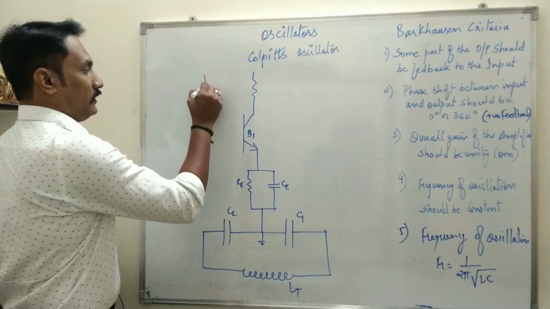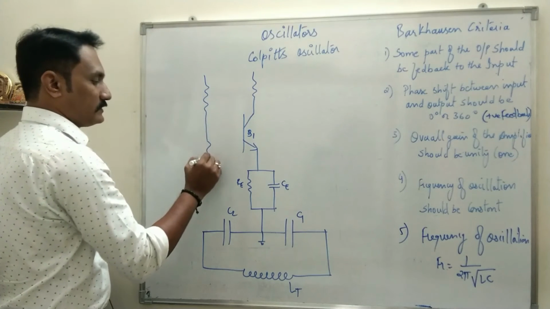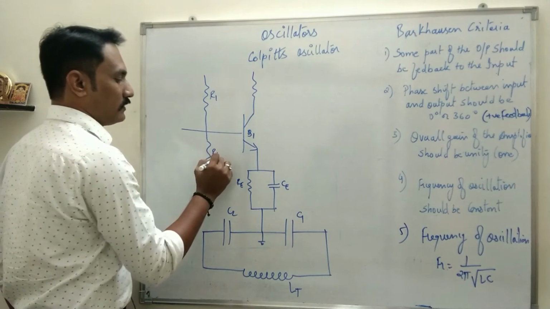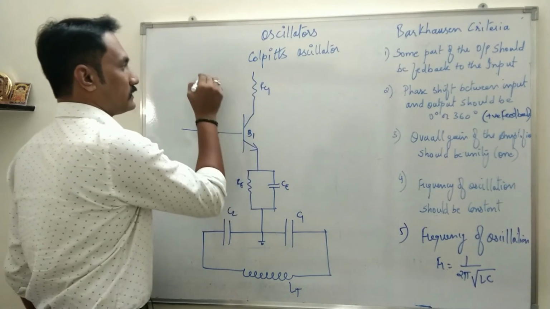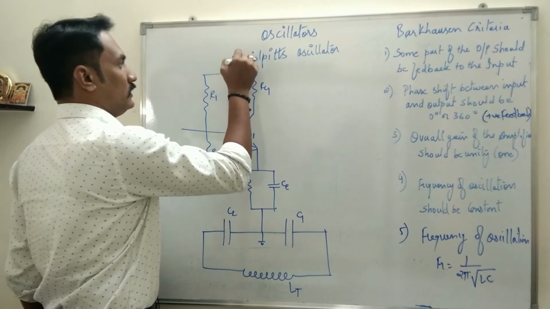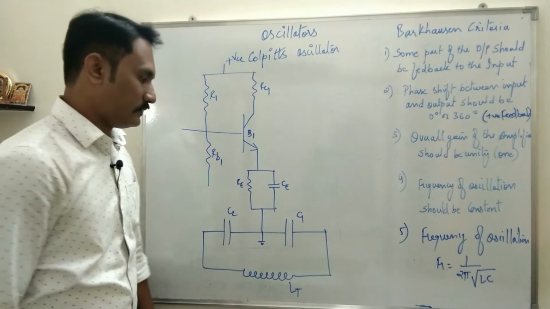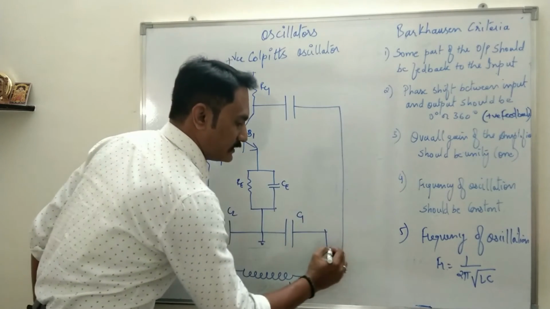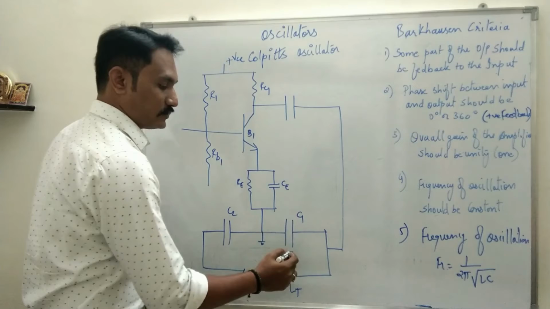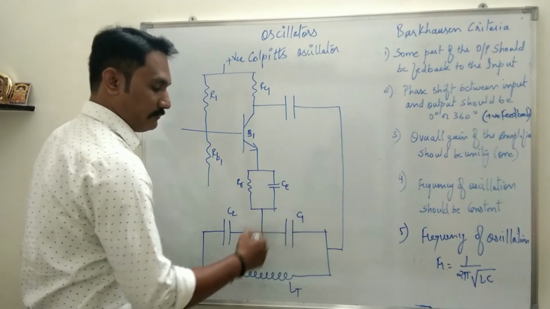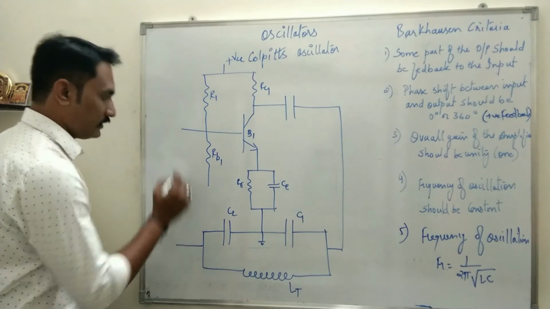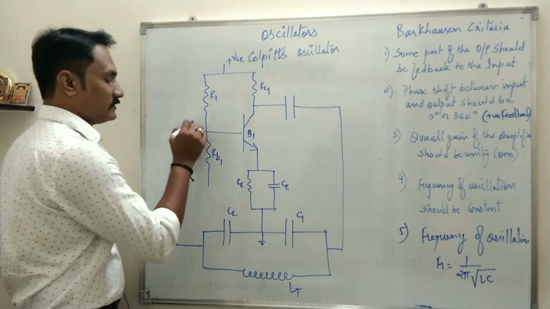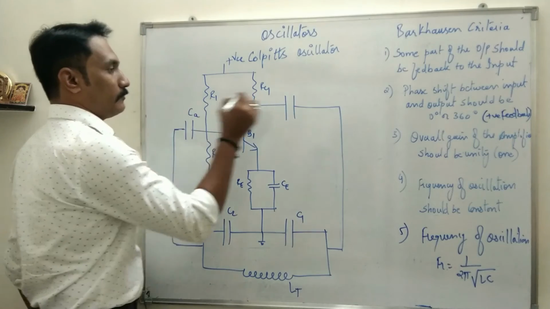Of course, to provide stabilization and amplification, we have resistances R1, RB1 and RC1 connected to a DC power supply. Some part of the output through a coupling capacitor is connected to the tank circuit, which will be your feedback component, and then the output of the tank circuit is connected to the input of the transistor through again a coupling capacitor.